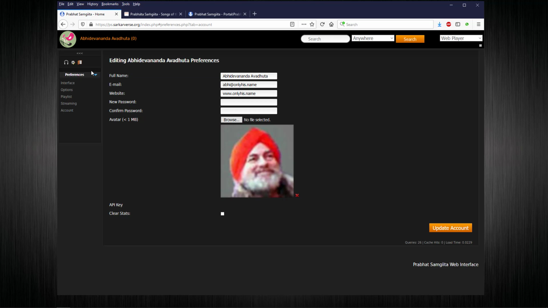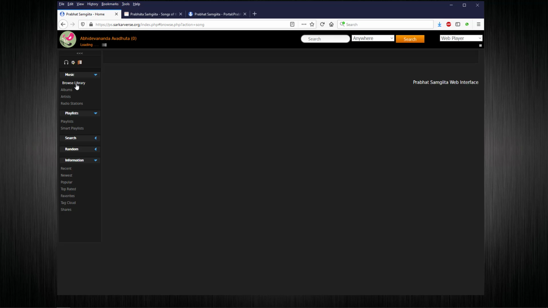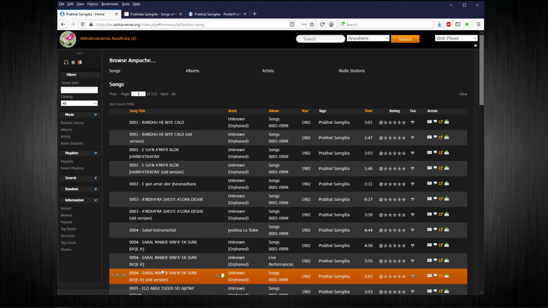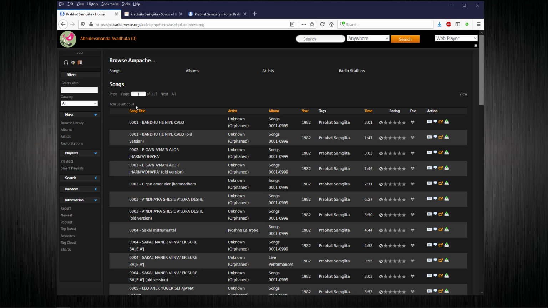Once you've got things set up the way you want, obviously the first thing you'll be interested in is to play some music. And so the first step might be to browse the library. And you will find that you have 112 pages of all the songs, all the song recordings that are available on Sarkarverse right now, listed in chronological and numerical order. The total for now is 5,594,